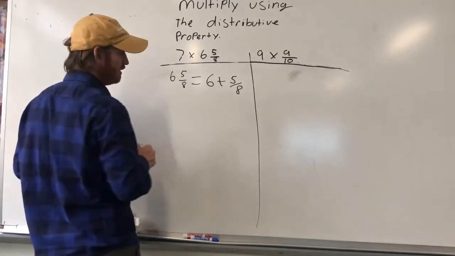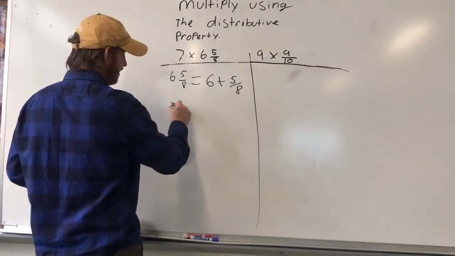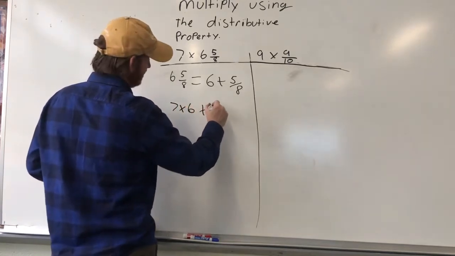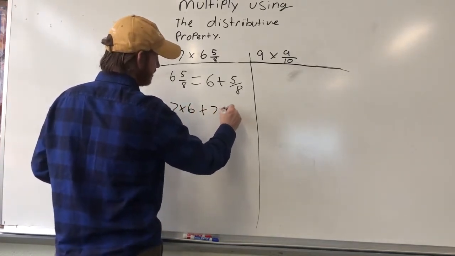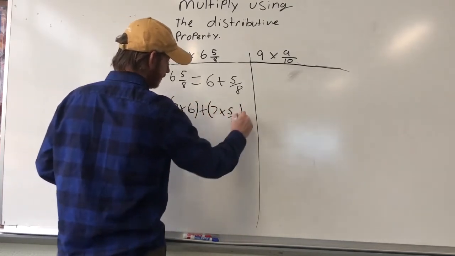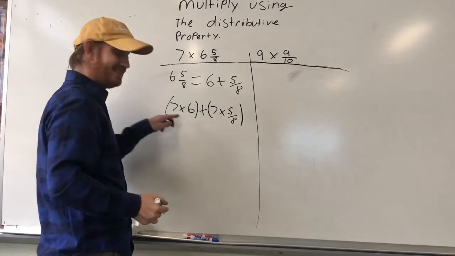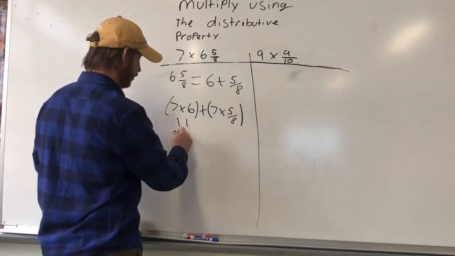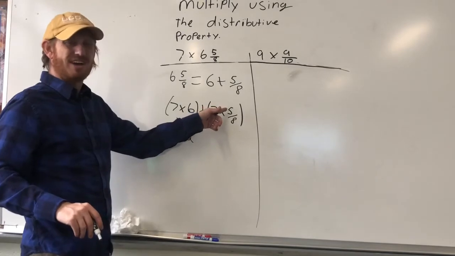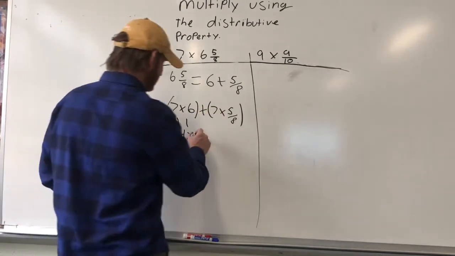So using the distributive property, we have 7 times 6 plus 7 times 5/8. Well, 7 times 6 is equal to 42. And 7 times 5/8 is equal to